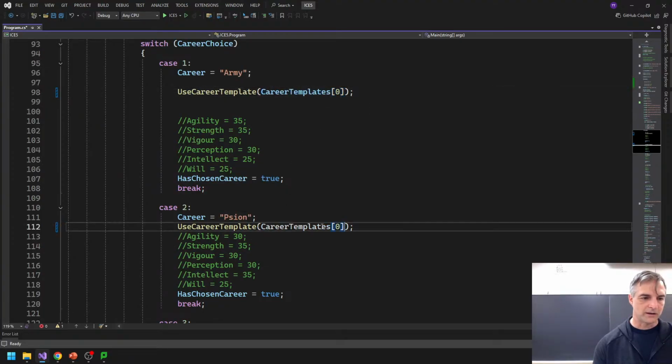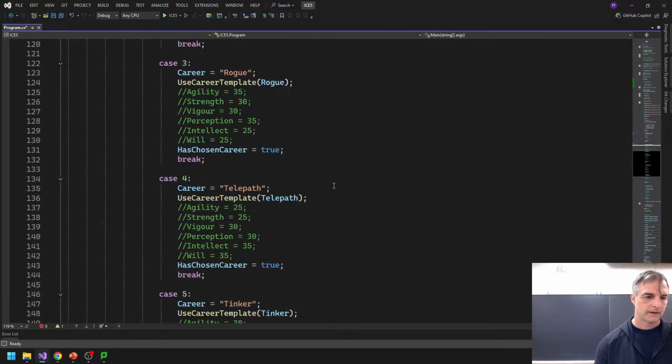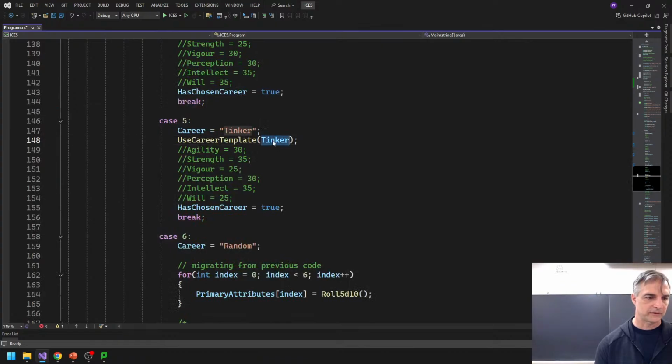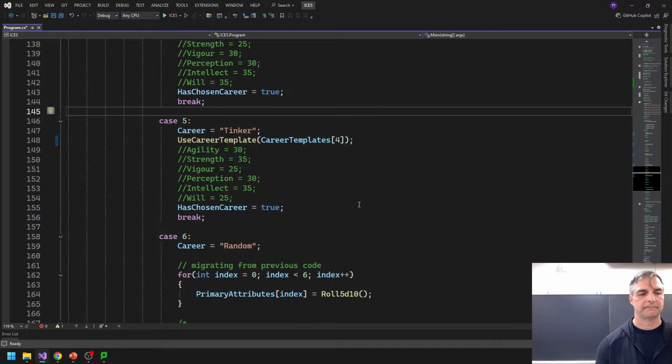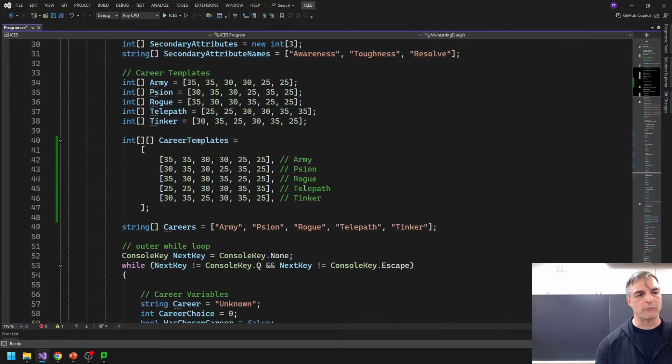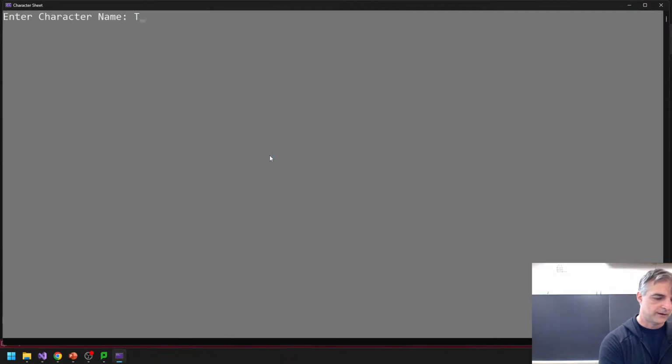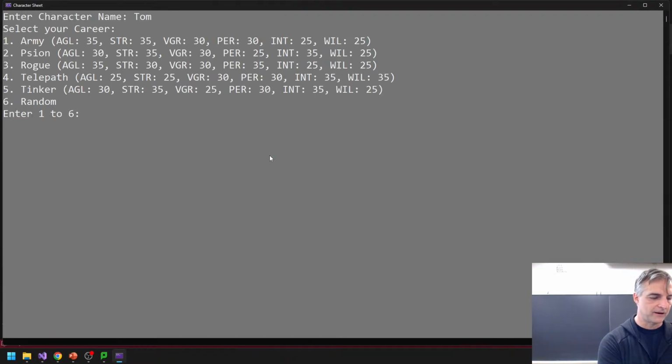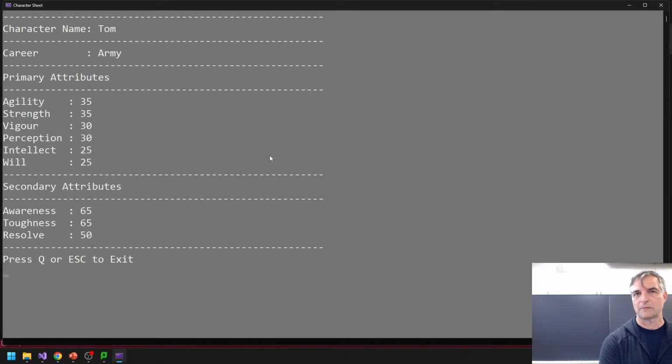Career templates 1, career templates 2, career templates 3, career templates 4. Okay, could do that. And to test this out, let's test it out. We're using the career templates. We're migrating from this to something that looks like this. Okay, let's try this. Let's press play. So I'll say Tom, and if I do something like Army and press 1, then I still get the same